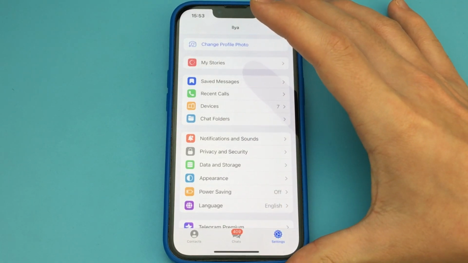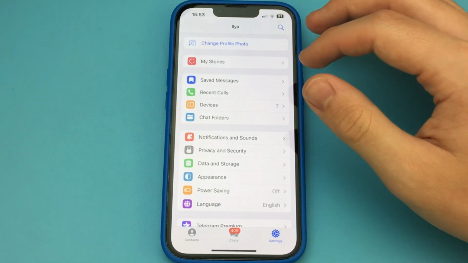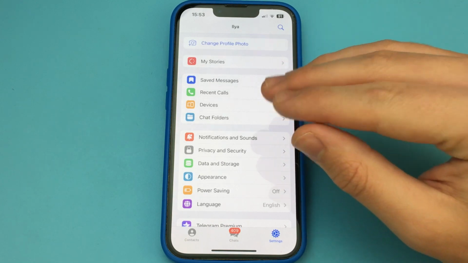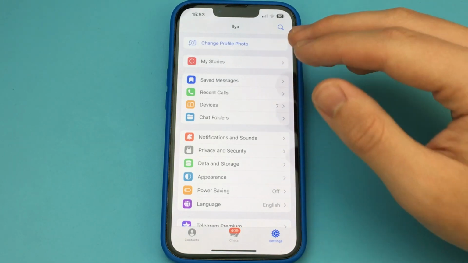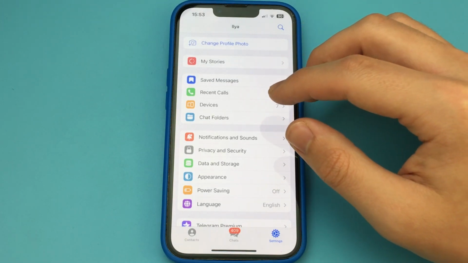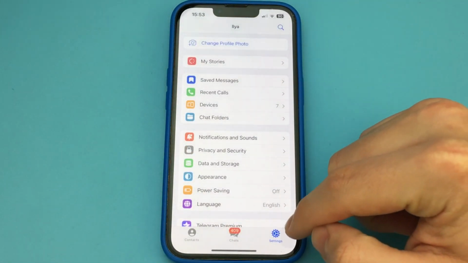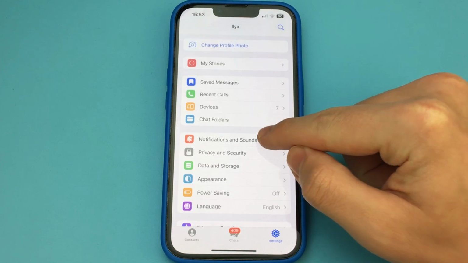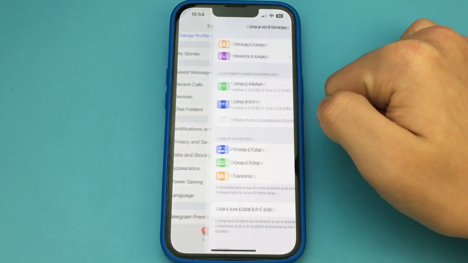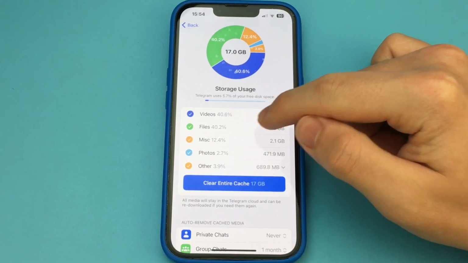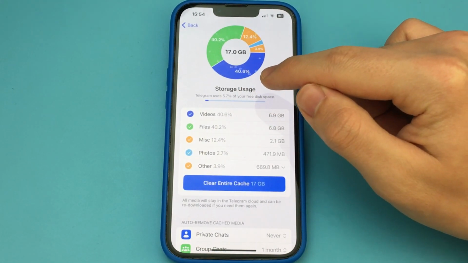To do this, we go into Telegram. Now press the button, Settings, then look for Data and Storage. Next, click Storage Usage. Here we see the statistics of the filled storage on our iPhone. Clearing it will not delete chats and other things important to us, but it will delete what we have viewed or listened to in Telegram, and it has been saved for us offline.